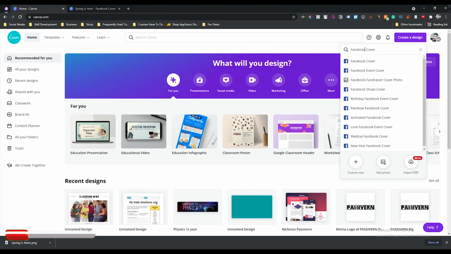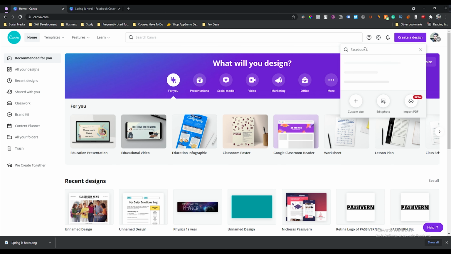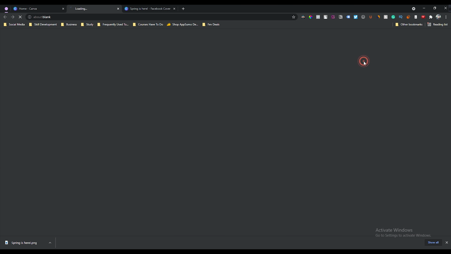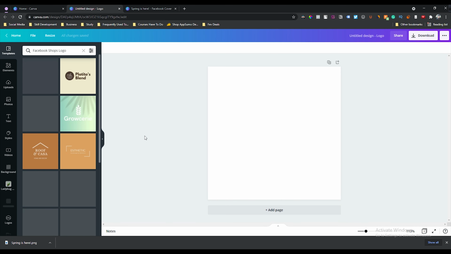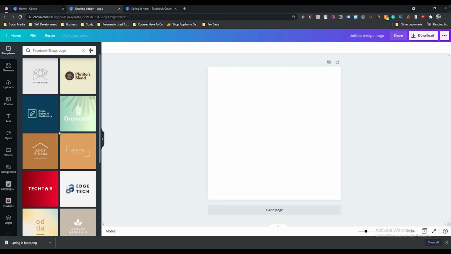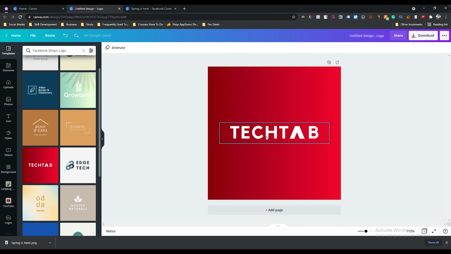In the same way, to create the logo for your Facebook page, just type here Facebook logo, and there are a lot of logos. You can use any one of them, and I will change the text from here.